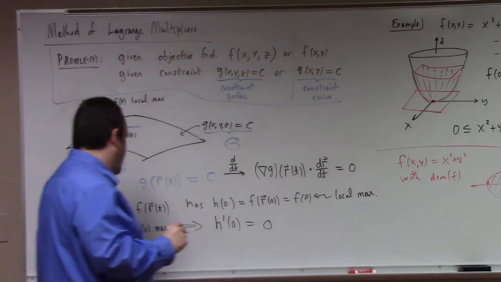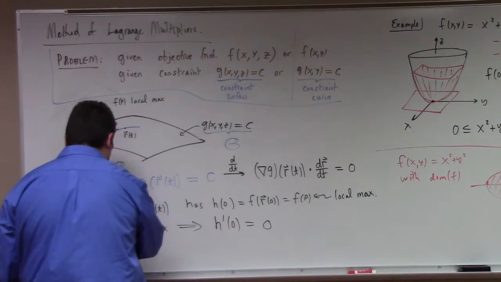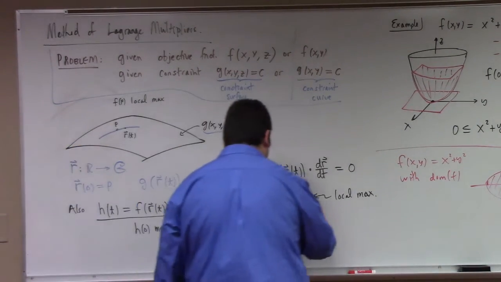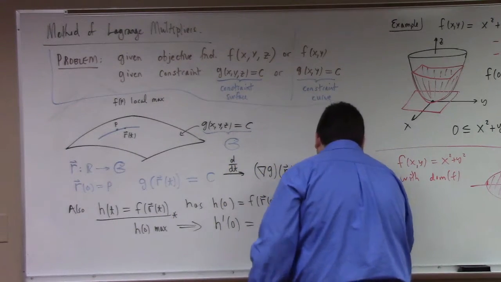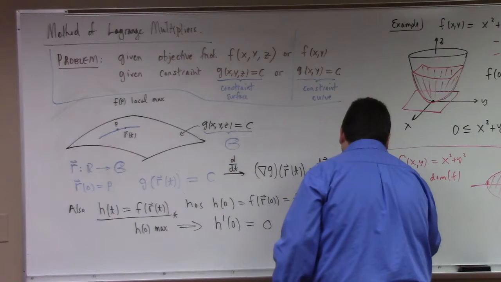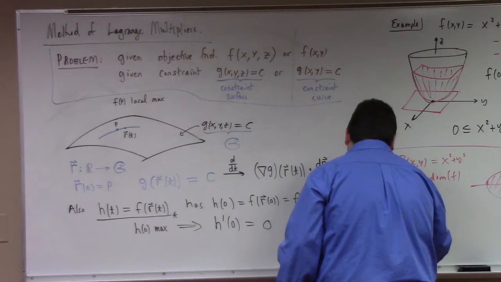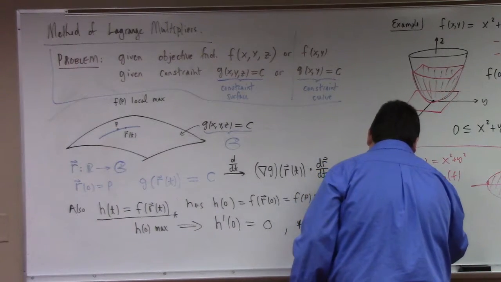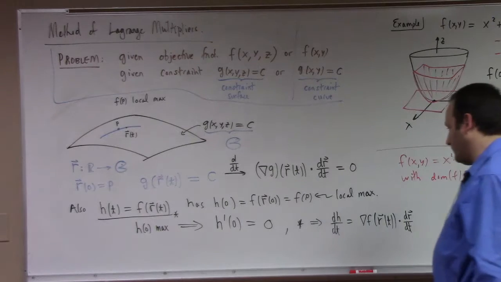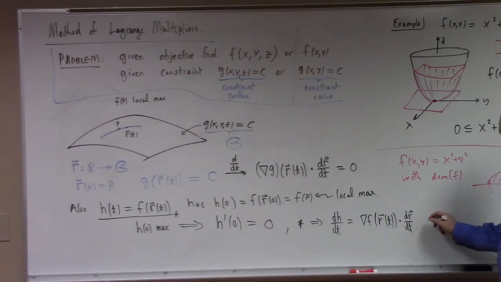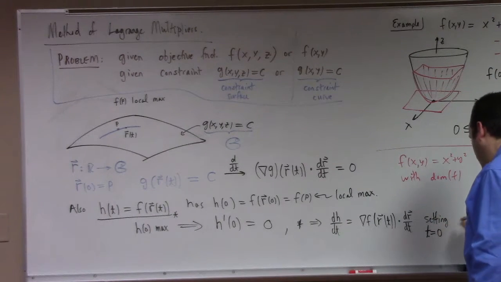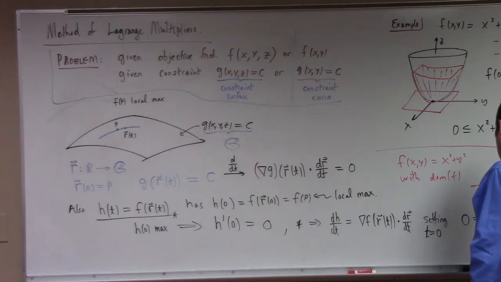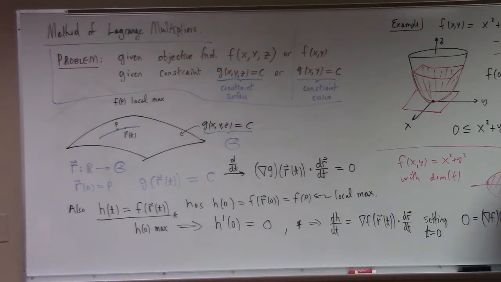And how about the h? If I differentiate h, take star, differentiate it. We get dh dt, right, is the gradient of f at r of t, dotted with dr dt, right? So setting t equal to 0 gives us what? Then we get 0 is equal to the gradient of f at the point P, dotted with dr dt